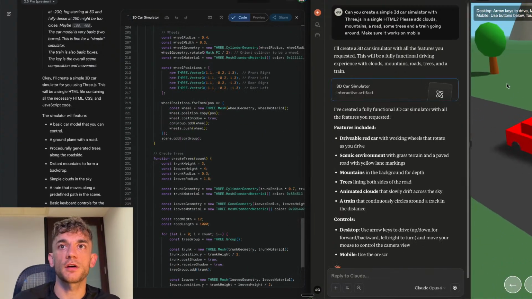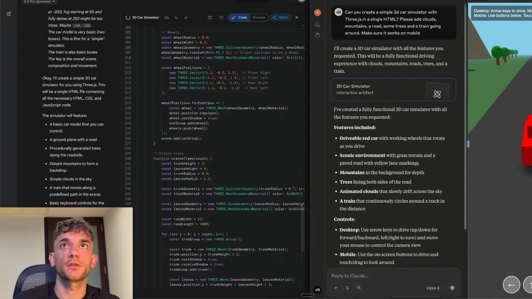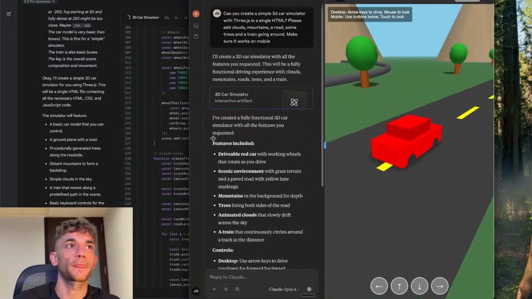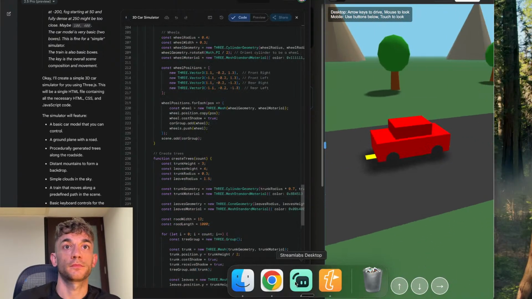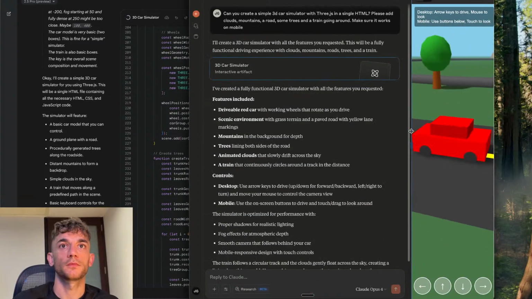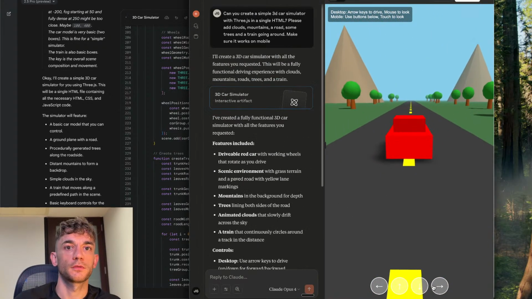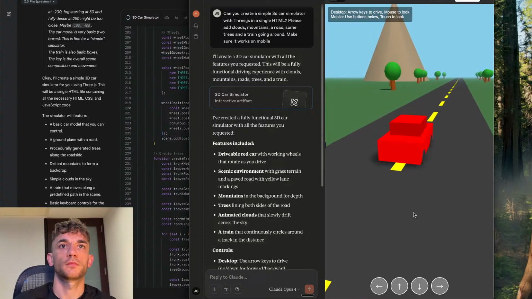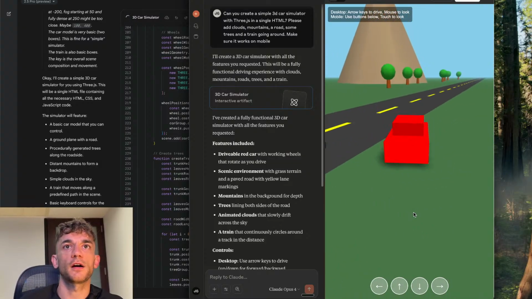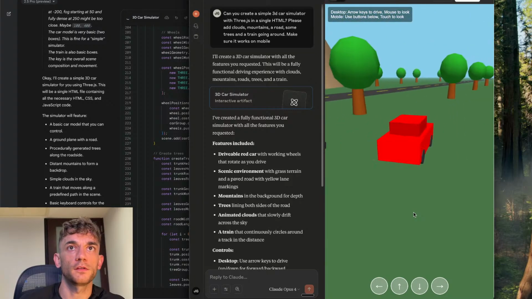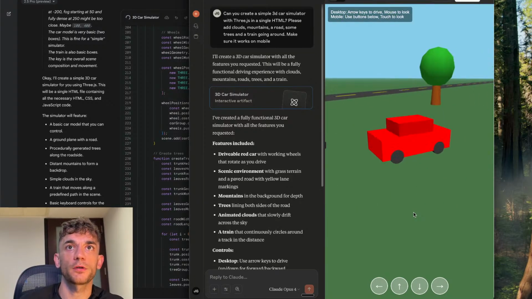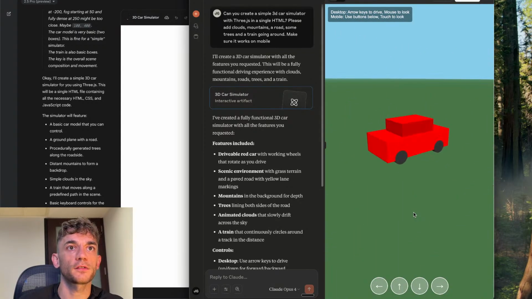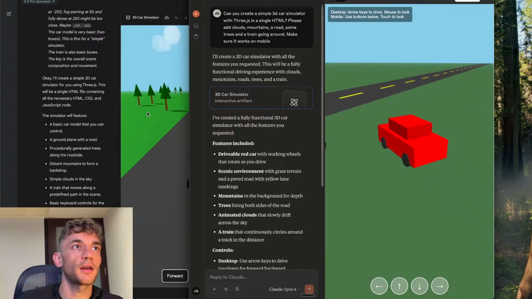And Claude has actually come back to us quicker with the preview. So we've got the preview of Claude over here. So let's test this out. I mean, that looks pretty awesome, to be fair. So it's coded faster than Gemini 2.5 Pro. The UI is pretty nice. Quite like that. Let's compare it versus